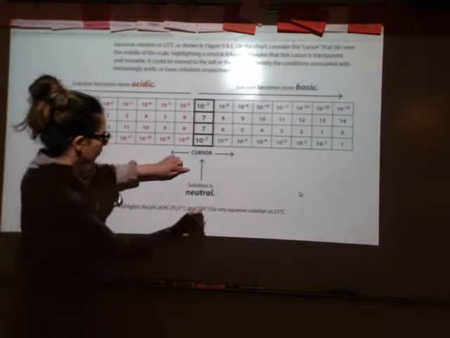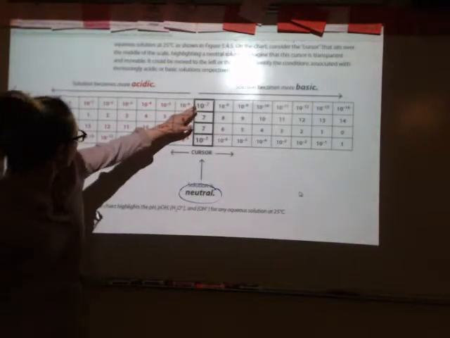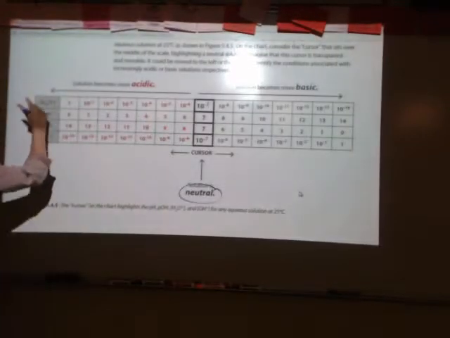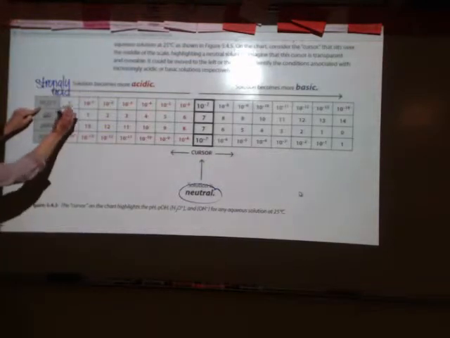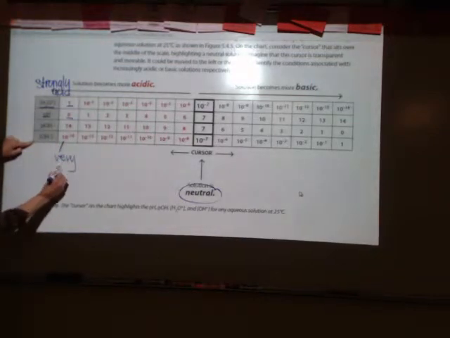When you're neutral, your pH and your pOH are both 7, and the concentration of hydronium and hydroxide ions would be the same. As I move to the left, I become more acidic, so it would be strongly acidic the closer you are to a pH of 0. If your pH is 0, your pOH would have to be 14, so it would have to be much, much greater, right? Because pH plus pOH is 14. Your hydronium ion concentration would be 1,